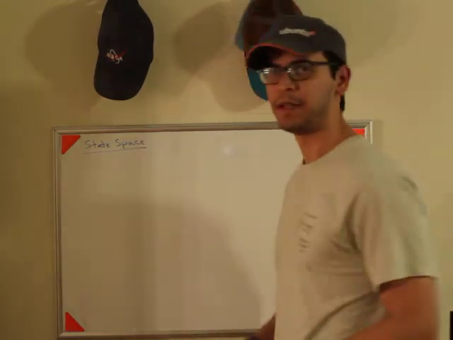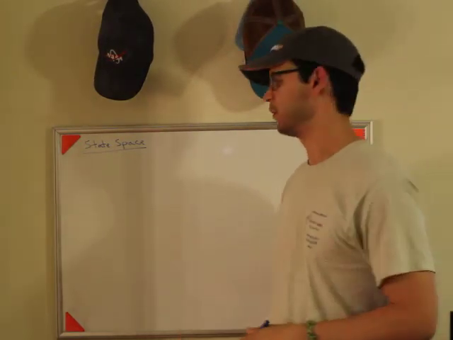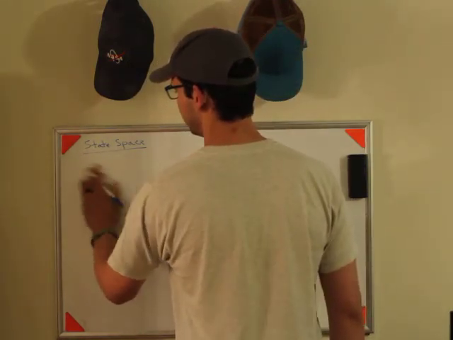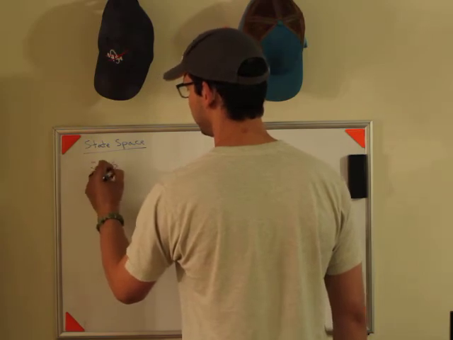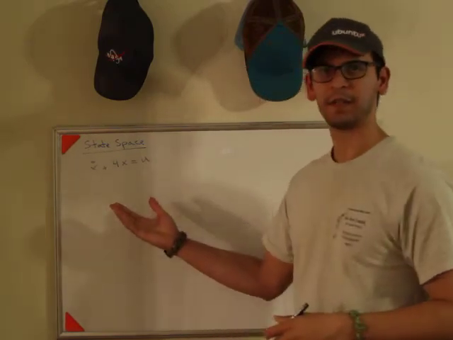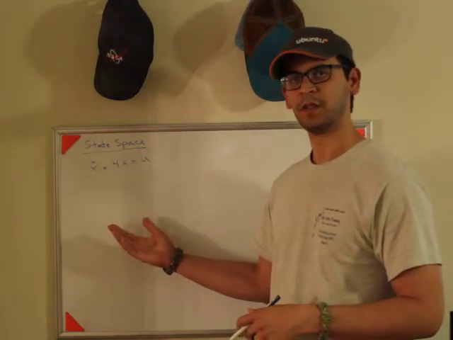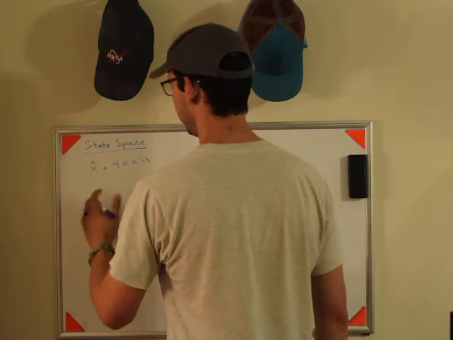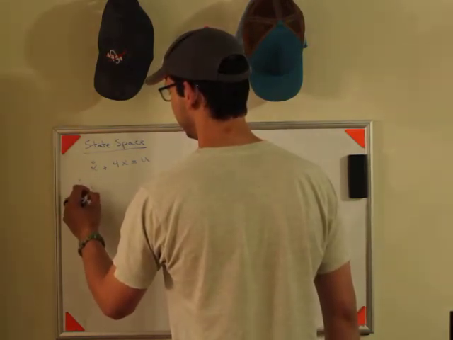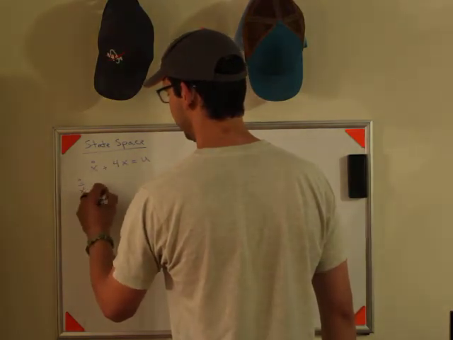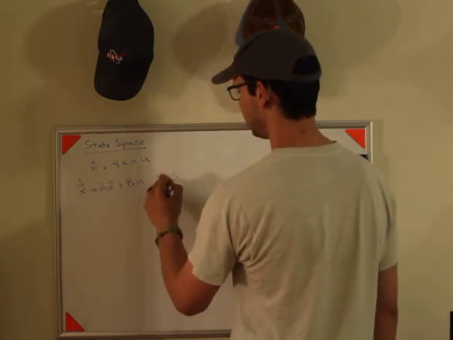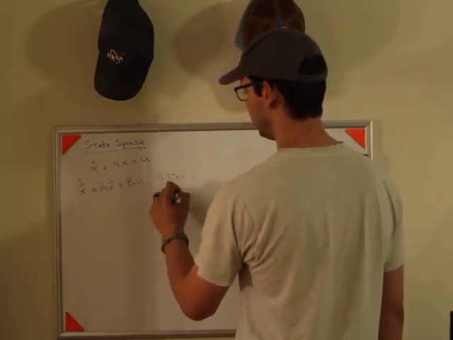Okay, folks, let's talk about state space, what it is, and an overview of it. If you have a second order differential equation, well, let's do first order. If you have a first order differential equation, something like this, putting this system into state space is pretty trivial, solely because the way state space works is you're trying to put the system into the form x dot equals ax plus bu, where in this case we're doing SISO systems, so that's single input,